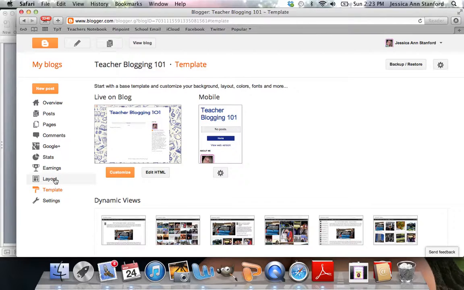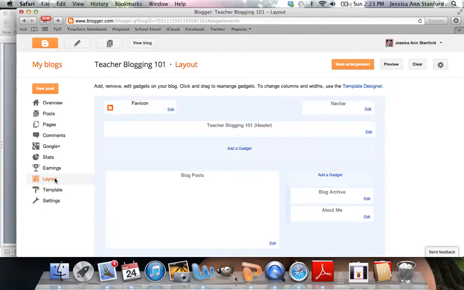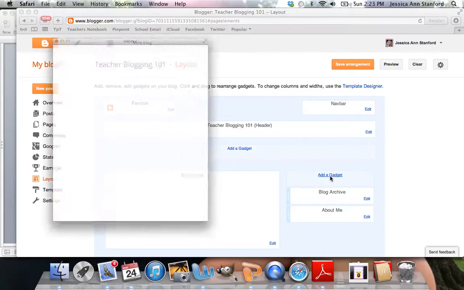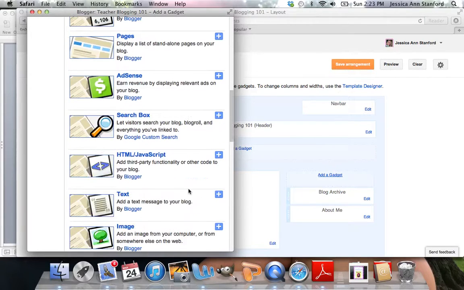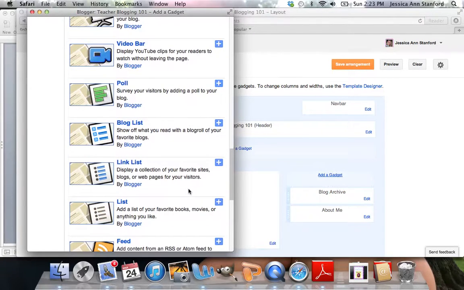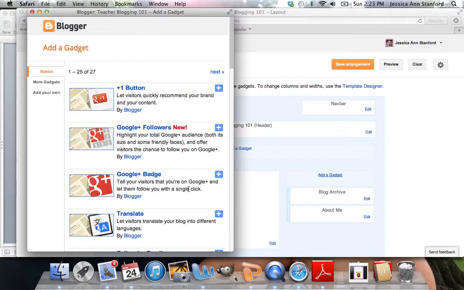Let's go under Layout. And let's add a few gadgets. Right here, I want you to go under Add a Gadget. And I want you to scroll down. There are many gadgets that you can add, and it's up to you. Check out your favorite blogs, see what they have on their sidebar, see what their options are. But let me show you a few basics that are, I say necessary. You may not feel that they're necessary, but to have a successful blog, pretty much for the most part, everyone